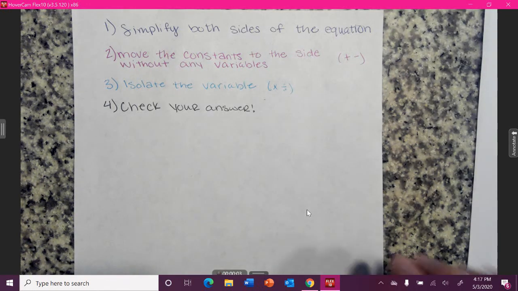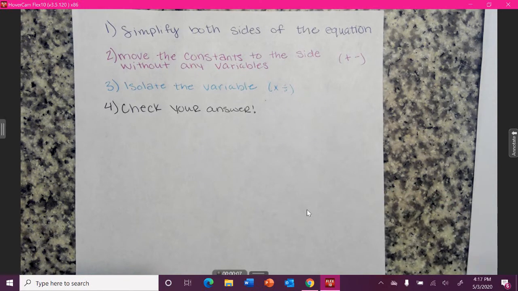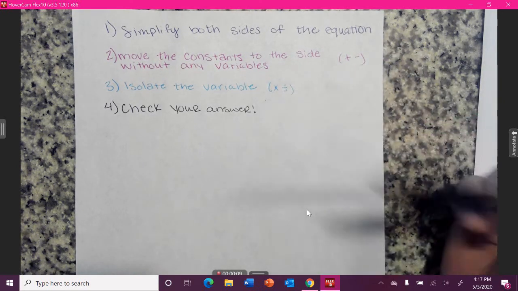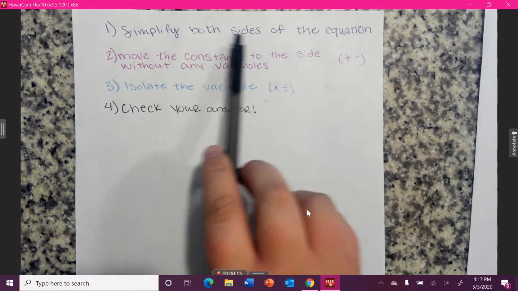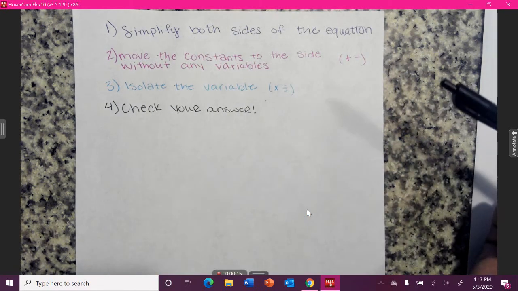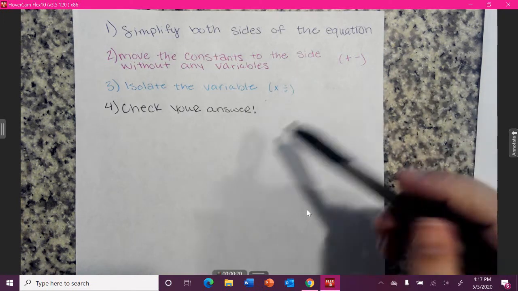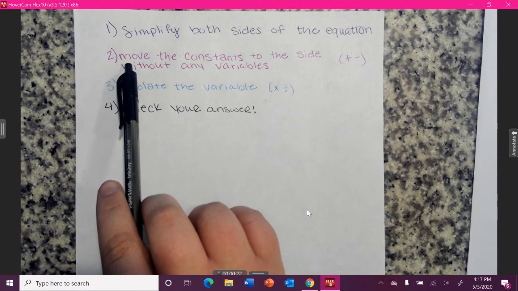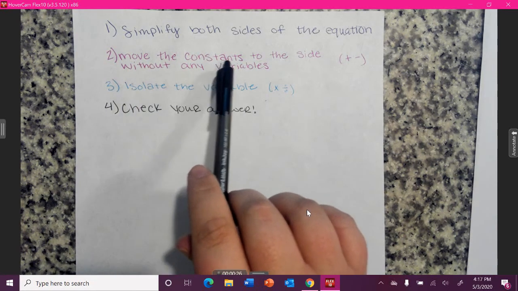Okay, this week we're going to talk about two-step equations. What I've done so far is write down the steps to solving two-step equations. The first step you're going to use is to simplify both sides of the equation. So that might look like combining any like terms or using a distributive property. The second step, after you've simplified both sides of the equation, is to move the constants, that's just your plain